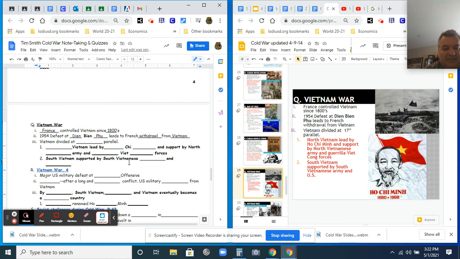Vietnam has their own parallel of division. Vietnam's parallel is the 17th. Vietnam is hotter, so their number is closer to the equator. Their number is lower. That's how you remember. Korea is colder. That way, their parallel number is higher. That's a good way to remember. That's how I remember. There's snow in Korea. There is not snow in Vietnam. There is jungle in Vietnam. There are mountains in Korea. It's a good way to think of it geographically and